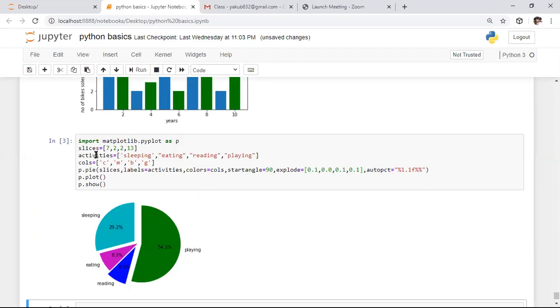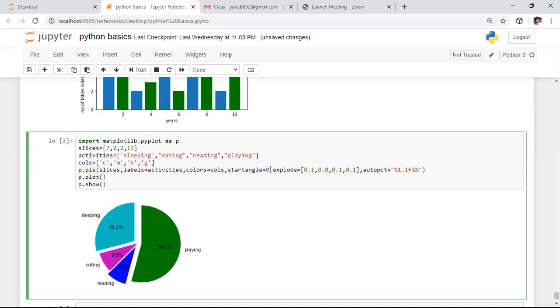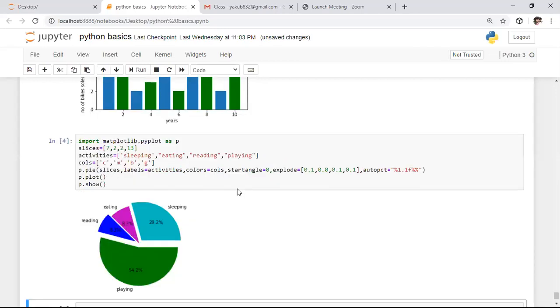If you observe this clearly, here I specified the starting angle as 90 degrees. 90 degrees means our plot starts from this location. If you assume this horizontal line is 0 degrees, and you go counterclockwise, here it is 90 degrees. That means our graph starts with 90 degrees. So here I am specifying 0. In place of 90, I'm replacing it with 0. Whenever you specify 0 here and run this program, it will start with 0 degrees.